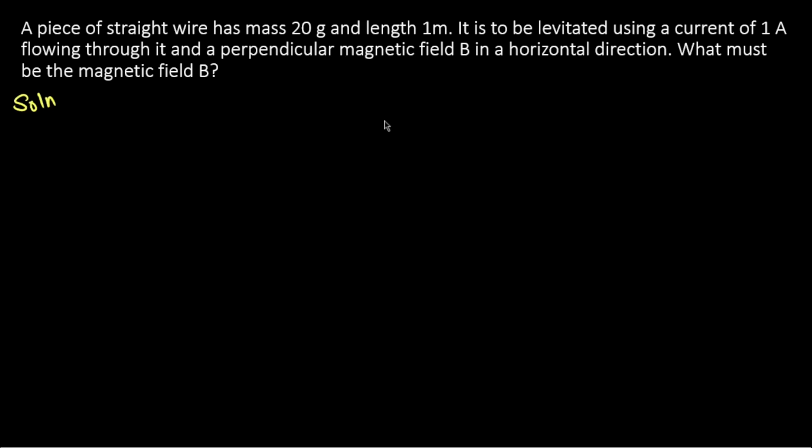So solution, we have a straight wire of length 1 meter and of mass 20 grams. So the weight of the wire will be mg in the downward direction, and it is to be levitated when it is placed in a magnetic field B and when a current of 1 ampere is passing through it. So to levitate this wire, the magnetic force should be in the opposite direction to the weight mg. So we can say that the magnetic force is given by